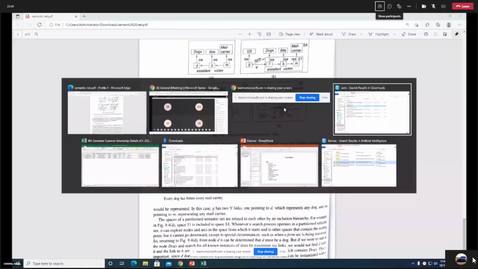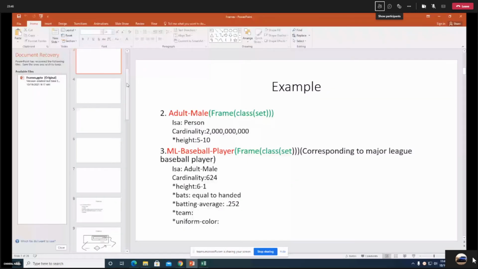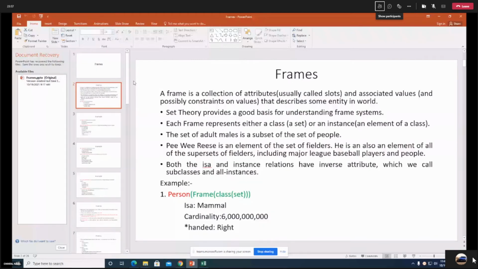See, semantic net has a drawback that it was not able to represent a huge number of attributes, and inheritance was not clearly represented using the semantic net. For that, semantic net was failing at representing the is a attribute and the instance attribute.